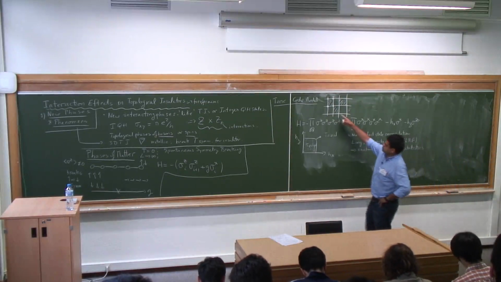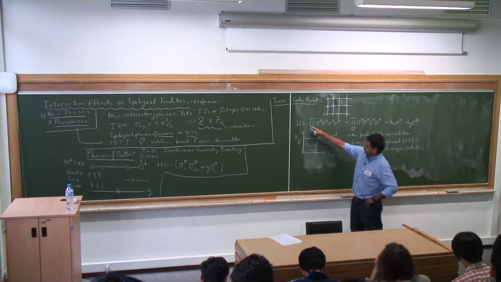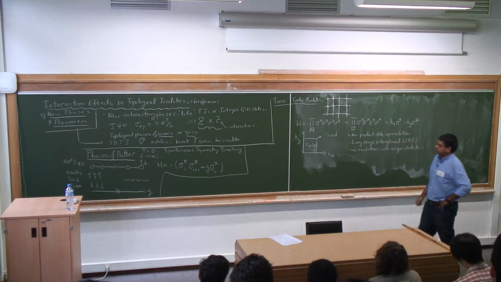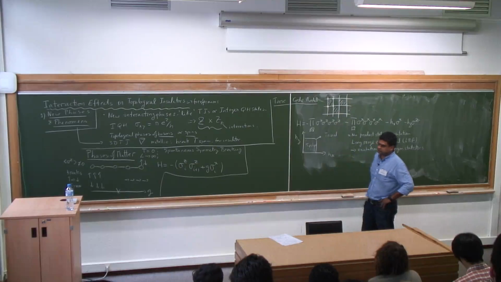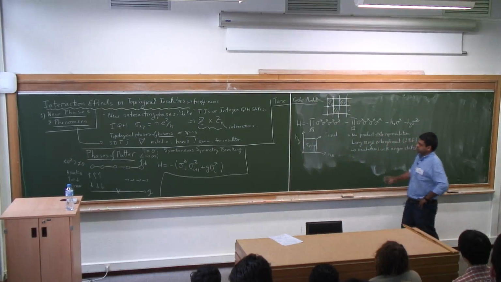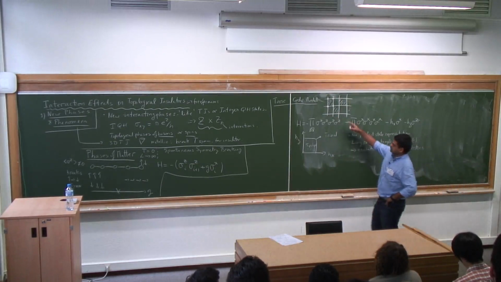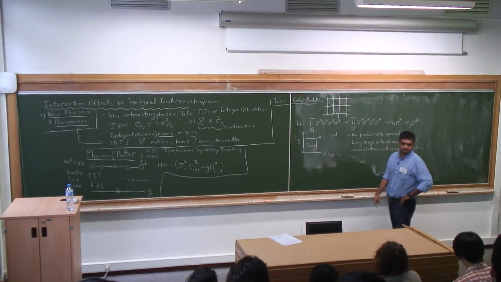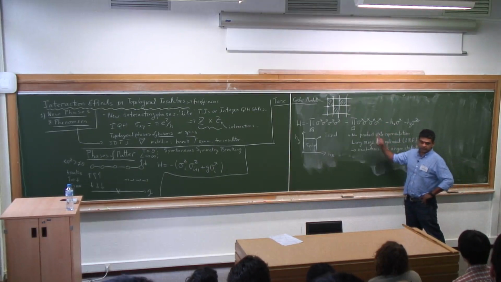You can pick one of these plaquettes, and the way the Hamiltonian works is that it comes with a minus sign for this plaquette product. So you'd like the product of these spins to be unity, plus 1. But you can make an excitation by flipping that sign, making it minus 1. That will be some gapped excitation in this topological phase. And there's another excitation like that where you do the same for this type of plaquette.